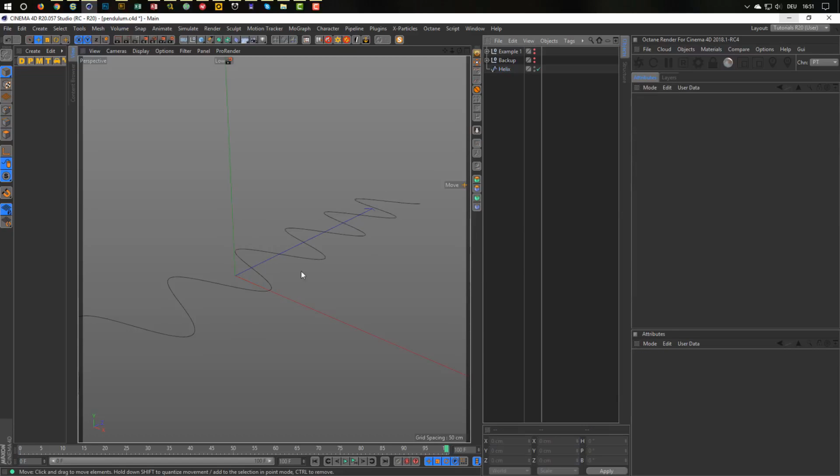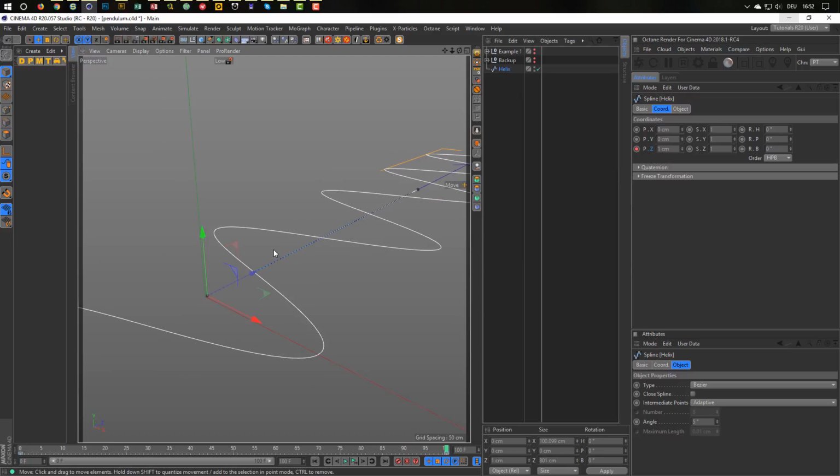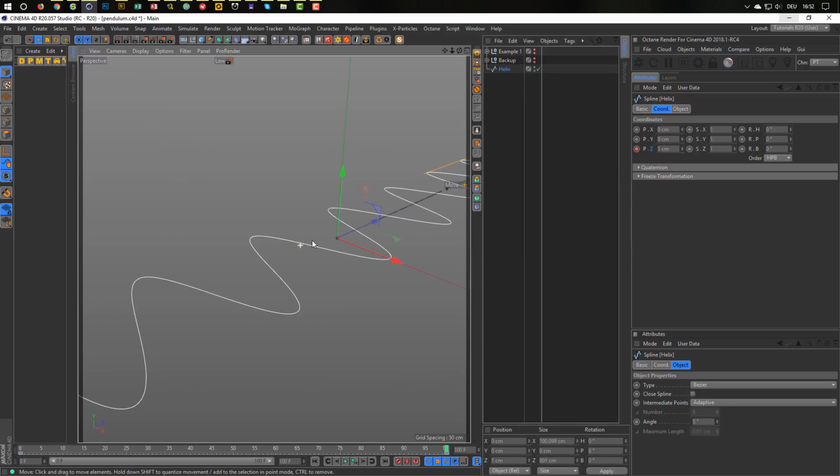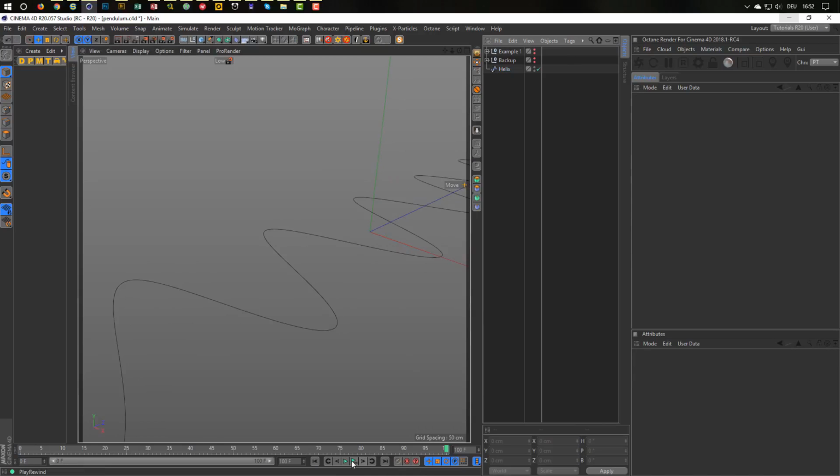So, and this should now, don't know if I saved it, it's okay. And this should now look like a continuous thing here. Let's see if it's true. And you see, we don't see any stop between or nothing, so this is exactly what we want. Okay,